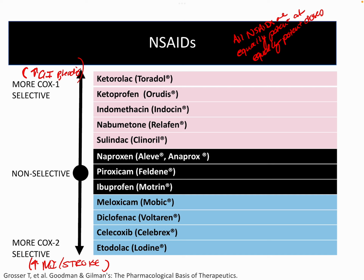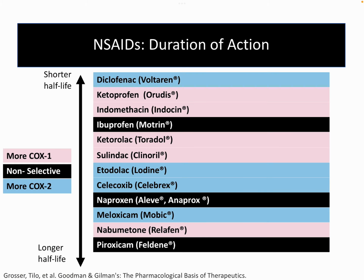So if somebody has an increased risk for GI bleeding, you might pick an agent that's down here in the COX-2 selective. If somebody has an increased risk for MI or stroke, you may pick something that is closer to non-selective or COX-1 selective. The other big thing that helps us determine which NSAID to use is their duration of